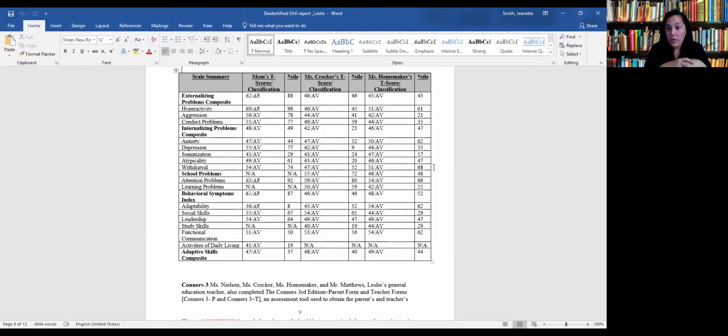The highest level of concern for this type of data on a BASC is clinically significant, or I would have put CS. But again, it just gives you information so that as an outside individual looking at this chart, you go, well, if I'm looking at numbers that are at risk or clinically significant, and I don't see any, then that means that for the most part, this individual is not presenting with externalizing behaviors, internalizing behaviors, problems that I should be concerned about moving forward with a student. They must possess sufficient coping skills, because otherwise you would have seen those elevations here.